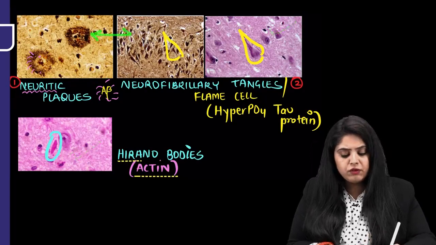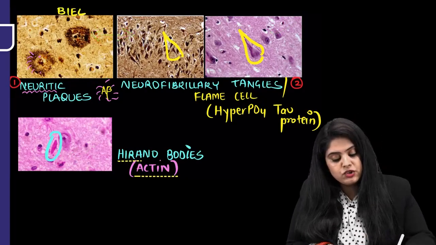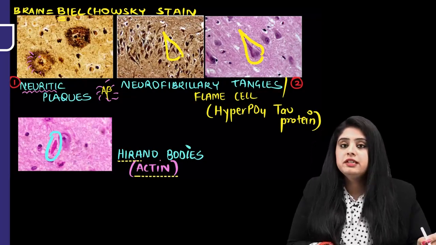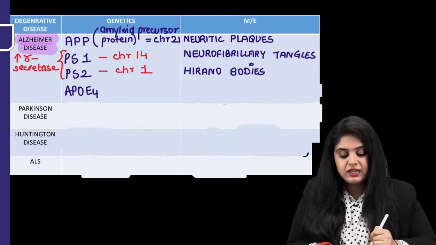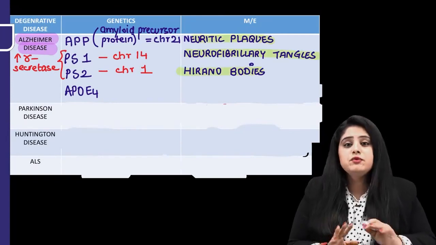what are these 2 set of weird looking stains? So please note, this is referred to as the Bielschowsky stain. In the brain, this stain that we use is the Bielschowsky, brain ke liye. Remember, brain ke liye we are going to use the Bielschowsky stain. Coming back, you are done with the 3 things: neuritic plaques, neurofibrillary tangles, and Hirano bodies, and 2 more things you have to do without any